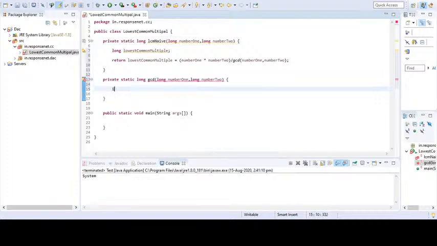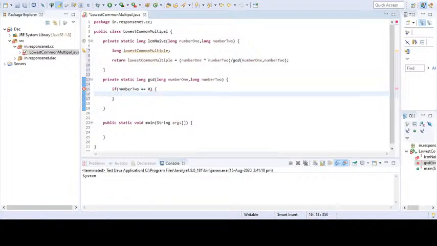If we check for something, no? So we will check for number 2, this argument 2. Okay, if this equals 0, we will compare this. If it is equal to 0, then we will return something. Okay, we will return which? Number 1. This variable we will return. Okay, chalo. Now